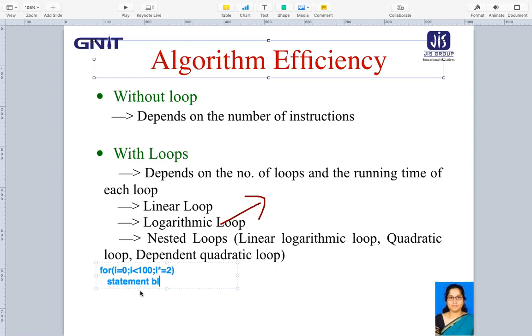Now in this case, if we look at this nicely, it is not changing in a linear fashion. How is it changing? For the first value, if it is 0, this will be 1, not 0. So for i equals 1,